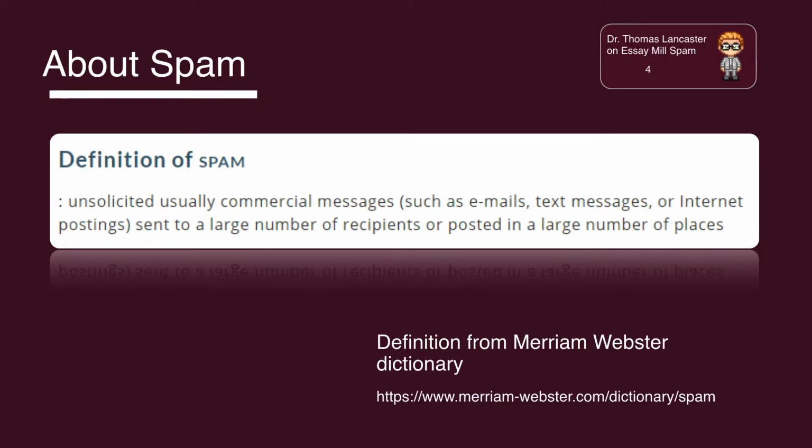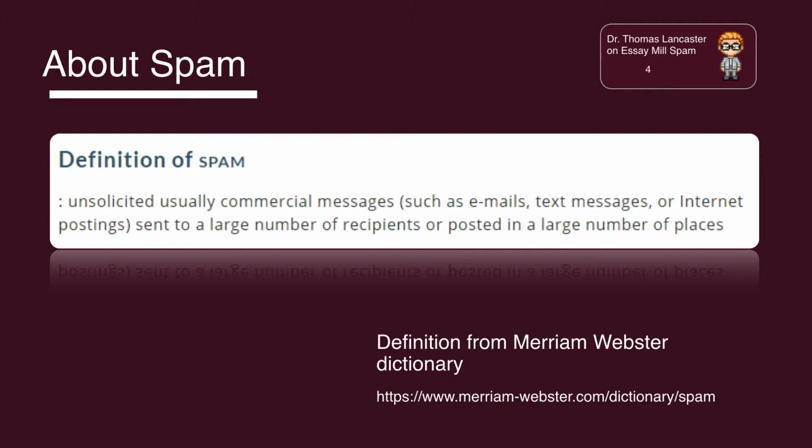is legitimate. Here's a definition of spam from the Merriam-Webster dictionary. It's unsolicited, usually commercial messages, including emails, text messages, or internet postings. These messages are sent to a large number of recipients at once or posted in a large number of places. Well, this is very much the definition of the type of spam that essay mills are using, and in the